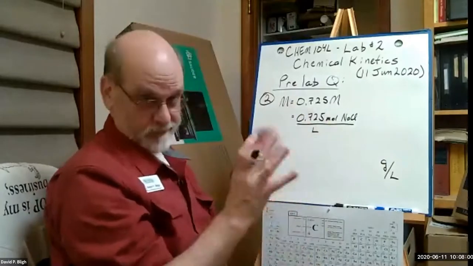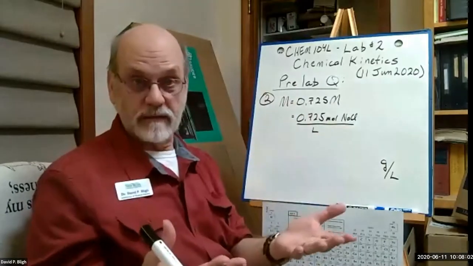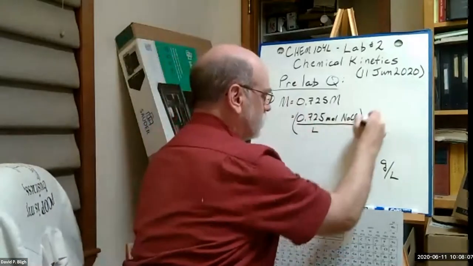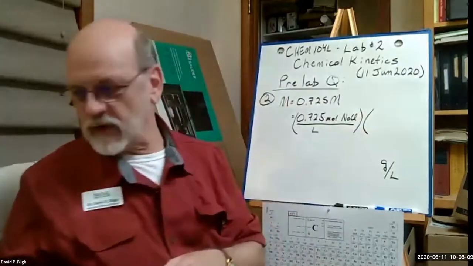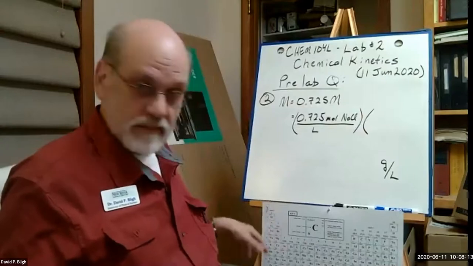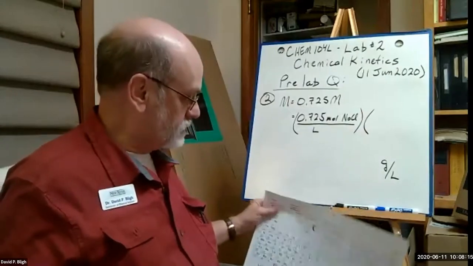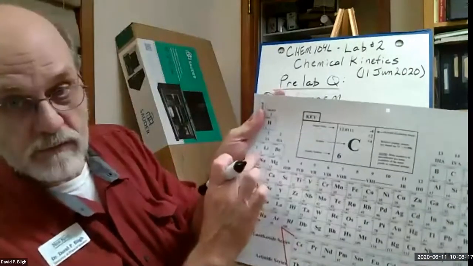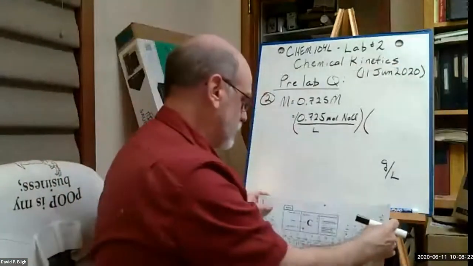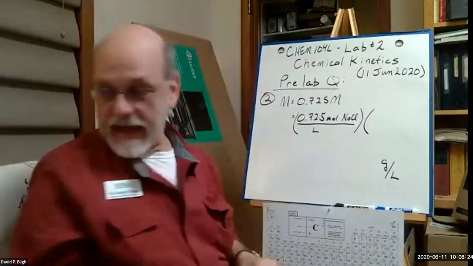Moles, grams, what does that mean? Molar mass. So what's the molar mass of sodium chloride? Well, if you add up sodium from our periodic table, right? There's your sodium, there's your chlorine. You only got one of each, add them together. And you get